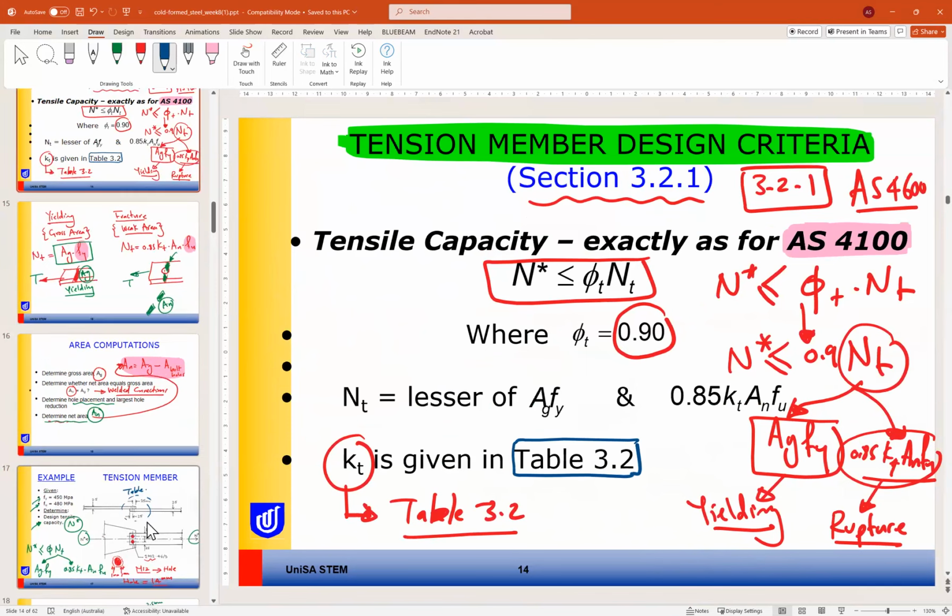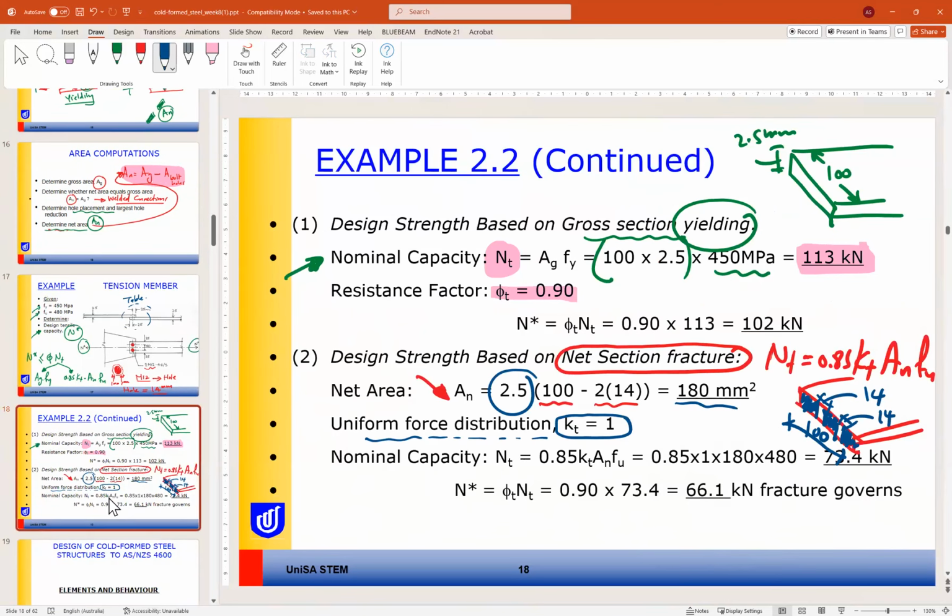If we go to the table, we find that KT equals 1. So the nominal capacity will be 0.85 times 1 times the net area times the ultimate strength, and this gives us a value of